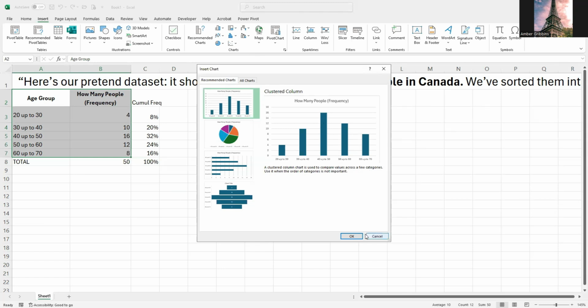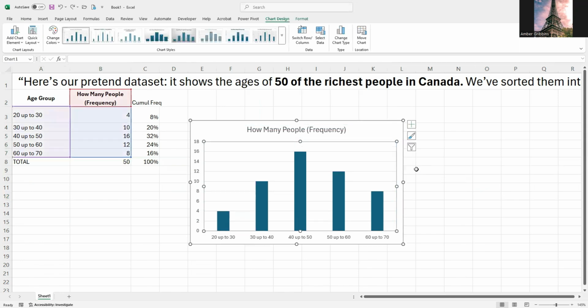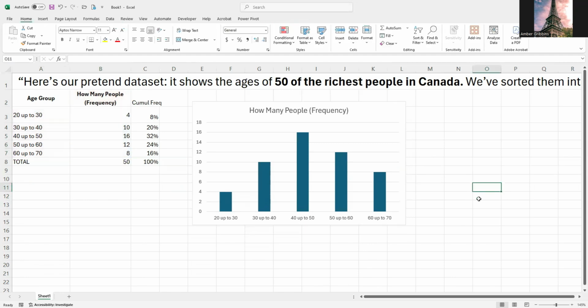All right, so I'm going to hit the OK button and let this chart come in. Wow, we've got some fun stuff. I'm going to pull this little thing up. Oops. Anytime I make a mistake, Control Z is there to save me. If that happens to you, Control Z is here to save you. Now look, these bars are pretty. I think they're really gorgeous.